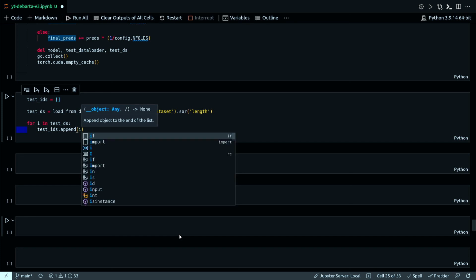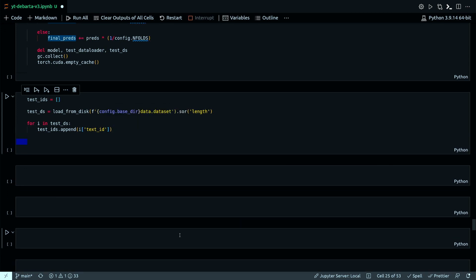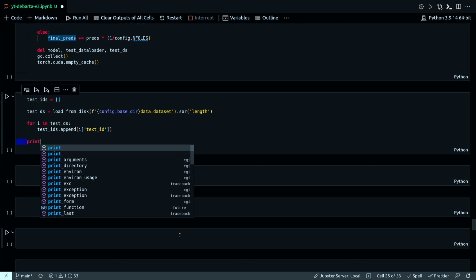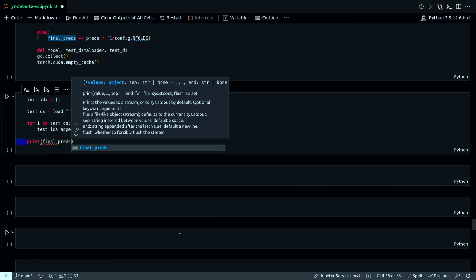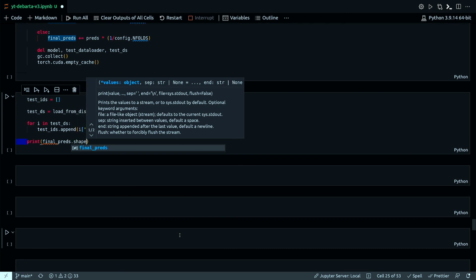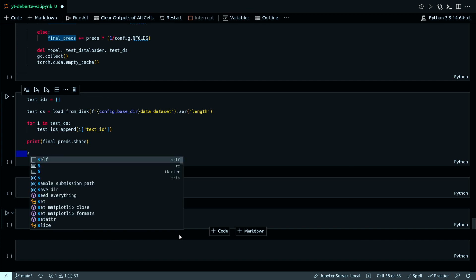Text. Okay. Fine. Let's just print it to check the shape. And now my final submission data frame.